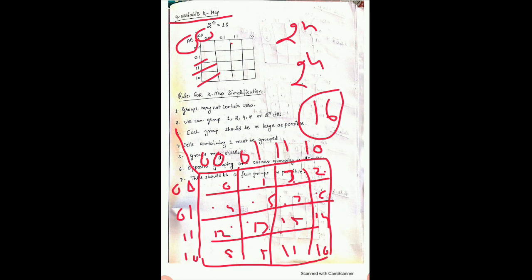This is clear to you that the first cell is 0, then 1, then 3, then 2, then 4, then 5, then 7, then 6, then 12, then 13, then 15, then 14, then 8, then 9, then 11, then 10. We can write here 8 instead of that, because if we see in the truth table configuration, 1 0 0 is 8. So you have to remember this way.